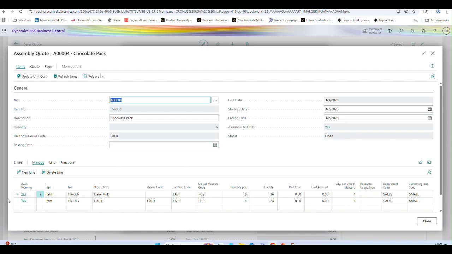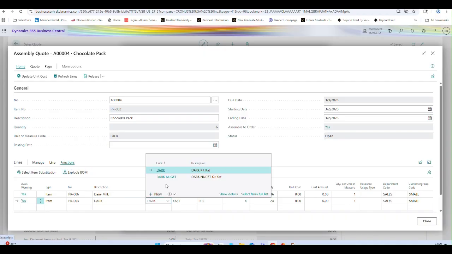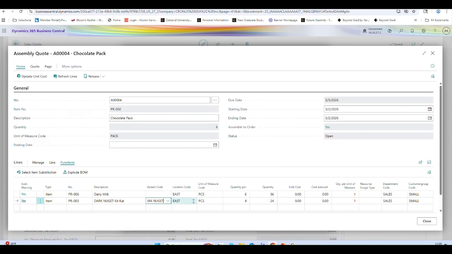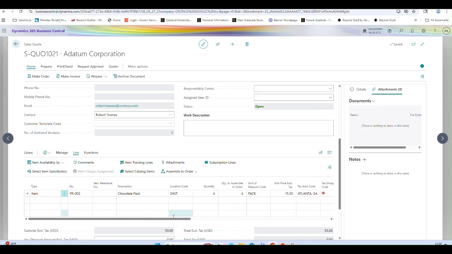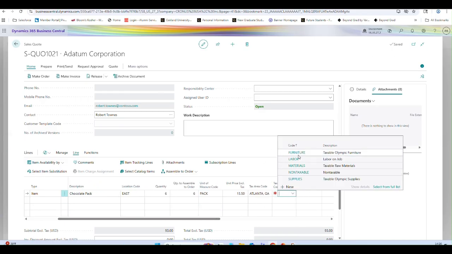If something like this item is not available and I want to change to another item here, a substitute item, I can go and take it from the nuggets, and it might be available, it might not be available, and its costing might be lesser or greater than the previous dark chocolate. We have to update that here, and in the same situation, if I create the